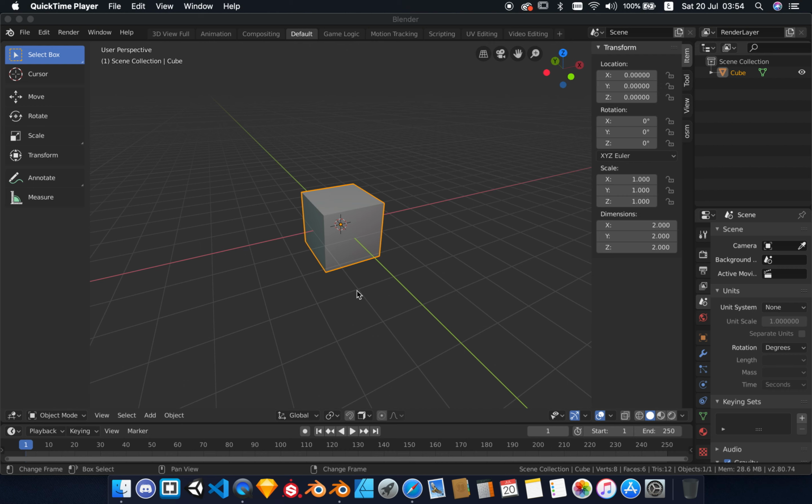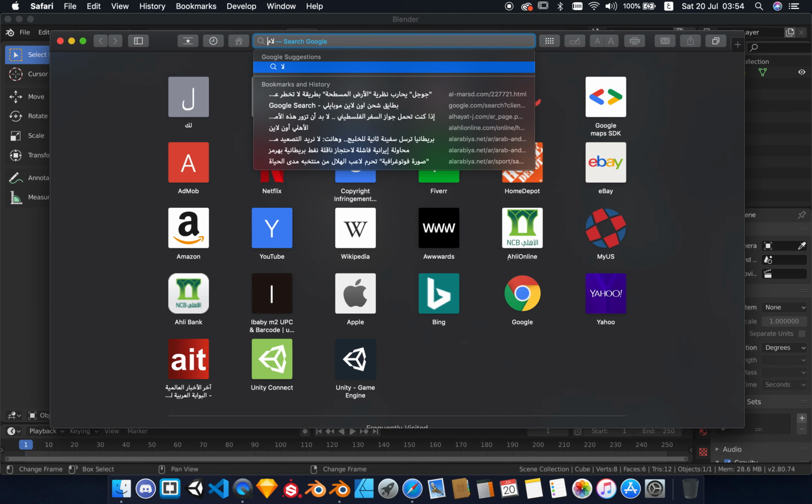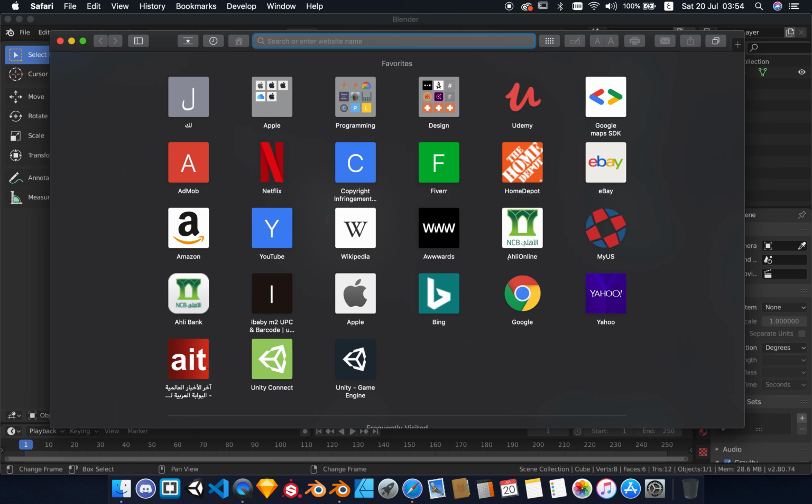This will be in English. This is my first time trying to use the 2.8 Blender, the new one. I just downloaded it from their website. It's blender.org,